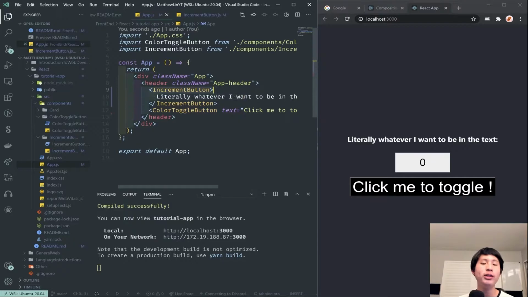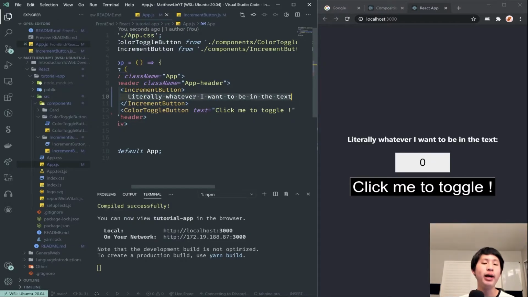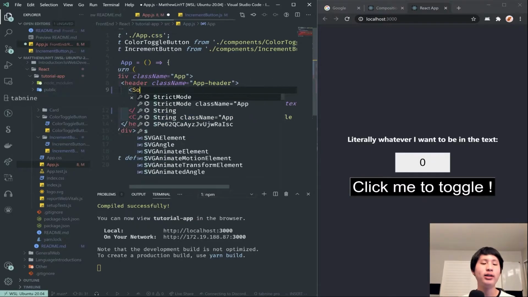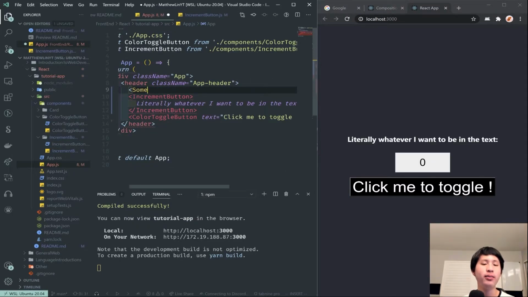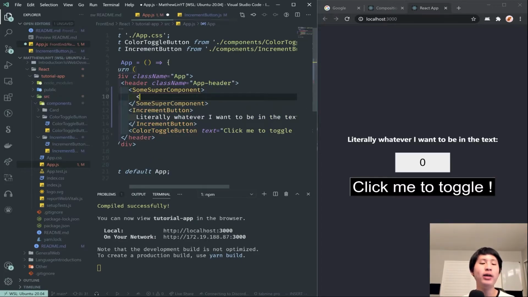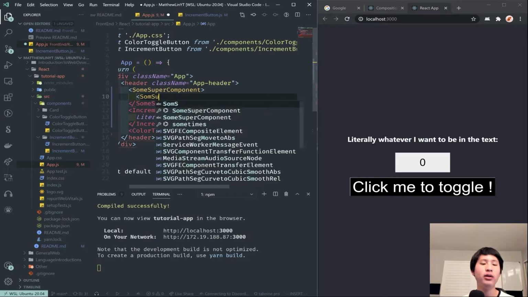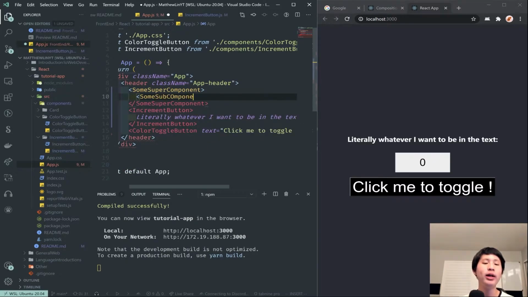This somewhat looks like normal HTML because now we can even embed stuff inside the component. And you can imagine we could have some super component. This is not a real component, but we could have some super component, and then inside it, we could have some subcomponent. We can actually put components inside components, and this can be very powerful if we want to add extra